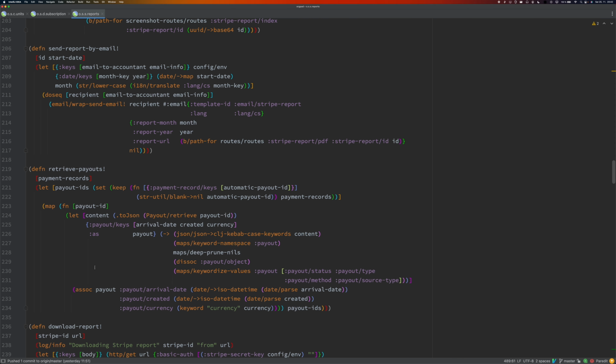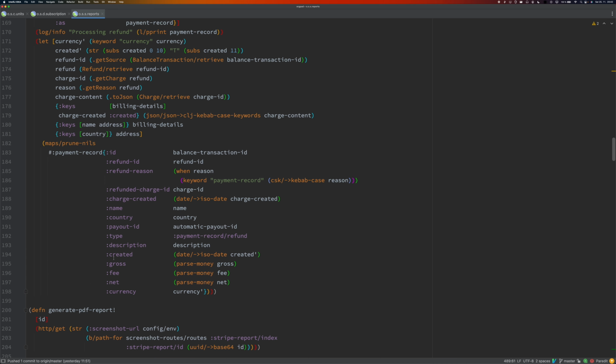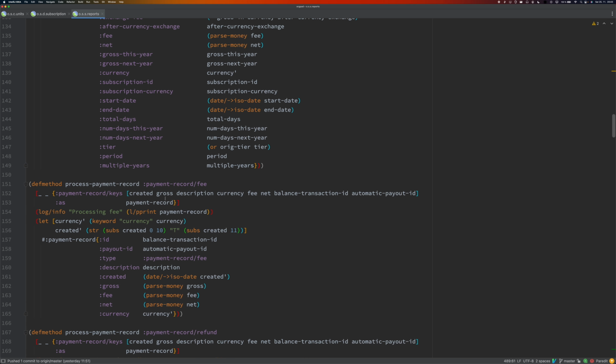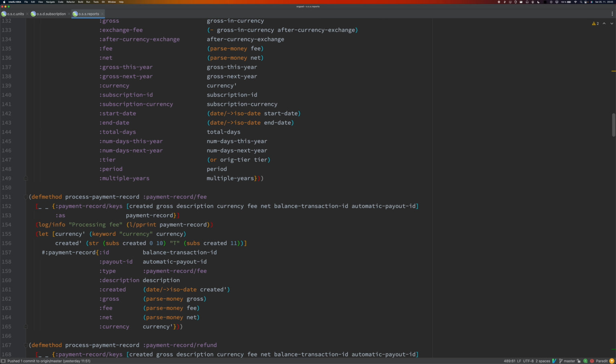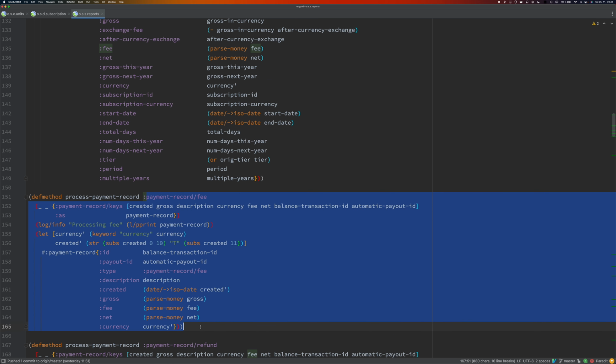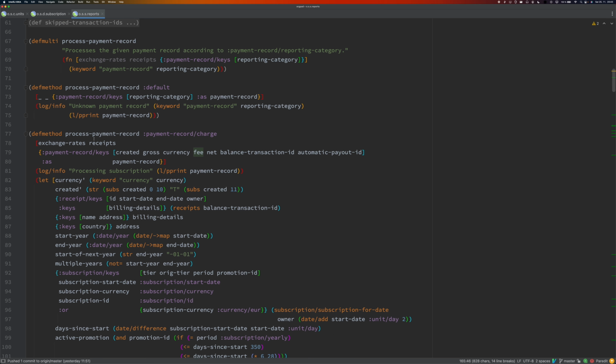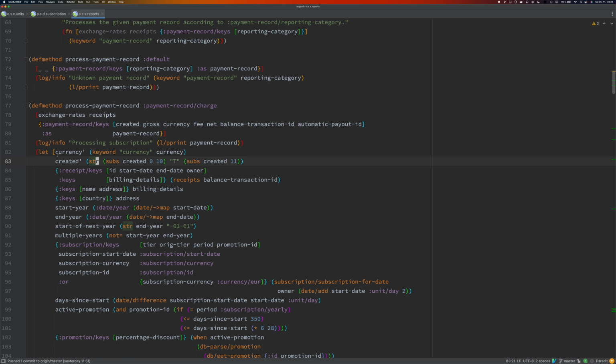Basically the core of the processing are these functions that process payment records according to the payment type. If it's a fee that we pay to Stripe, it does just some renaming and some quick processing. The most complex is a charge, where we have to process a lot of stuff, like connecting it with a receipt, and so on.